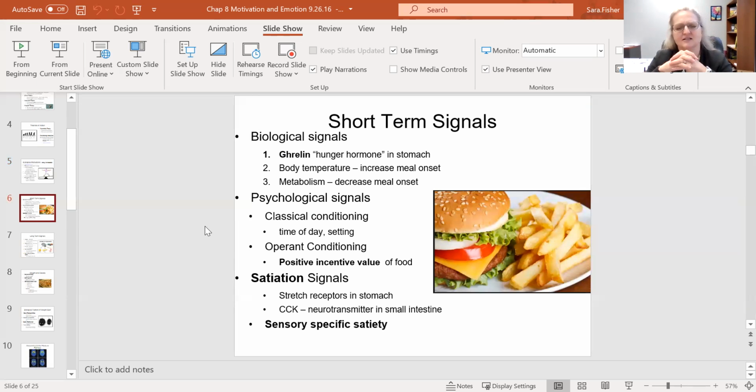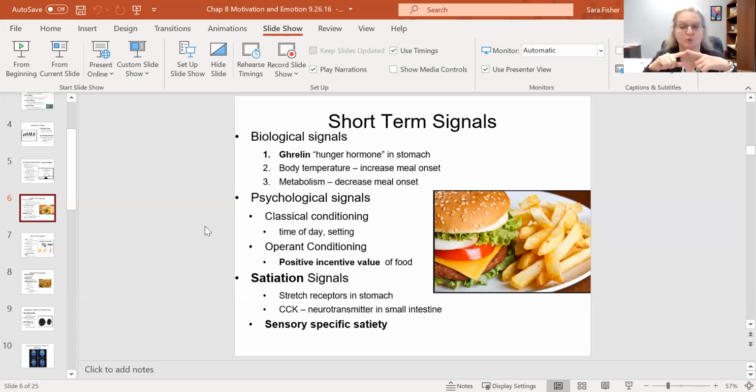What is this slide? This slide just has some other interesting or important words on it. Basically, eating and weight and metabolism is very complicated. I'm not even going to get into the weeds here, but I want you to understand that it is a very complicated process. There are lots of things, lots of signals. We have physiological signals, we have psychological signals, we have social signals, and all of those signals are telling us to eat.